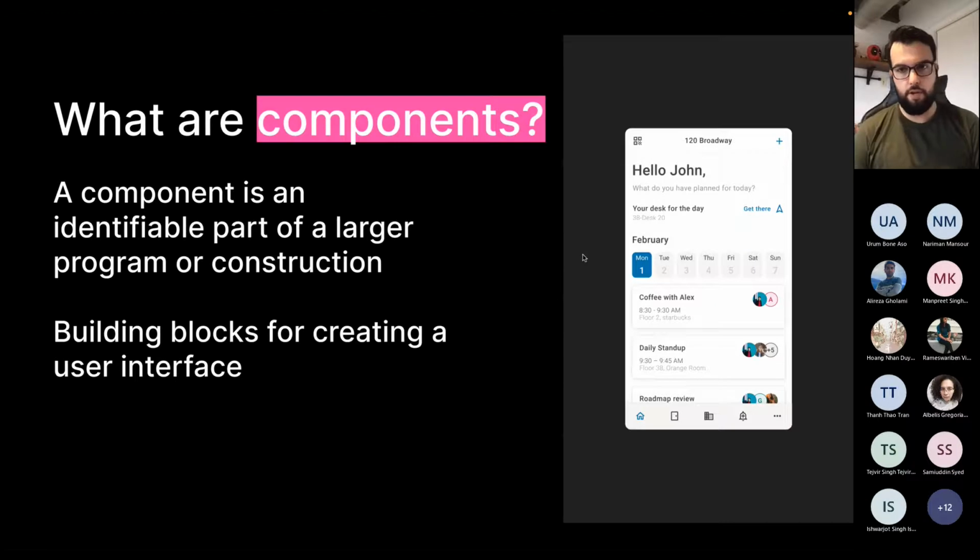So when we look at the screen on the right, it's a very generic home screen for a mobile app, but essentially what this screen is, it's a bunch of different components, and components could be small, components can be big, components could be created by other components as well, and this applies for design as well as it applies for